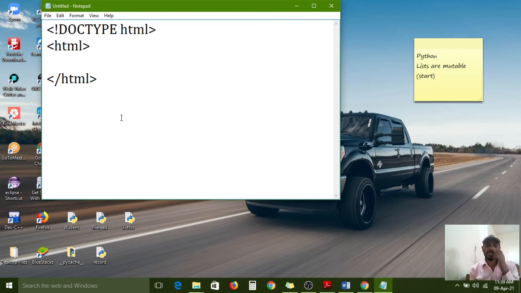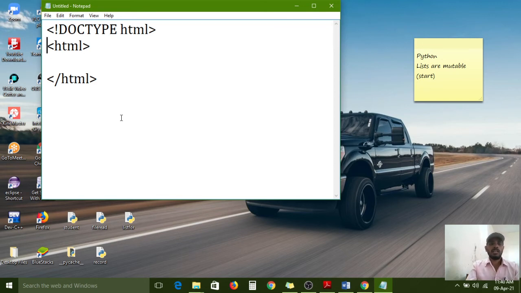Sorry, JavaScript is case sensitive. HTML is not case sensitive. So in HTML uppercase and lowercase letters are the same. But in JavaScript they are different. So from here onwards we use lowercase letters in HTML.